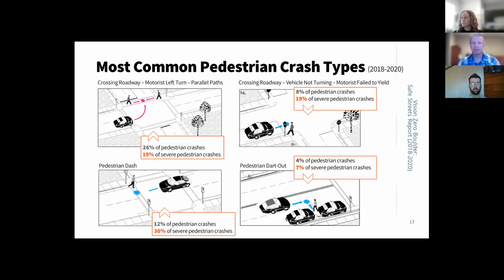So that's kind of an interesting finding, and I think that's one that is maybe geared a little bit more toward education as compared to engineering. Although we have spoken to some colleagues at Lakewood and are exploring some ways to potentially remind pedestrians of the need to get an appropriate gap before they step out into the roadway.